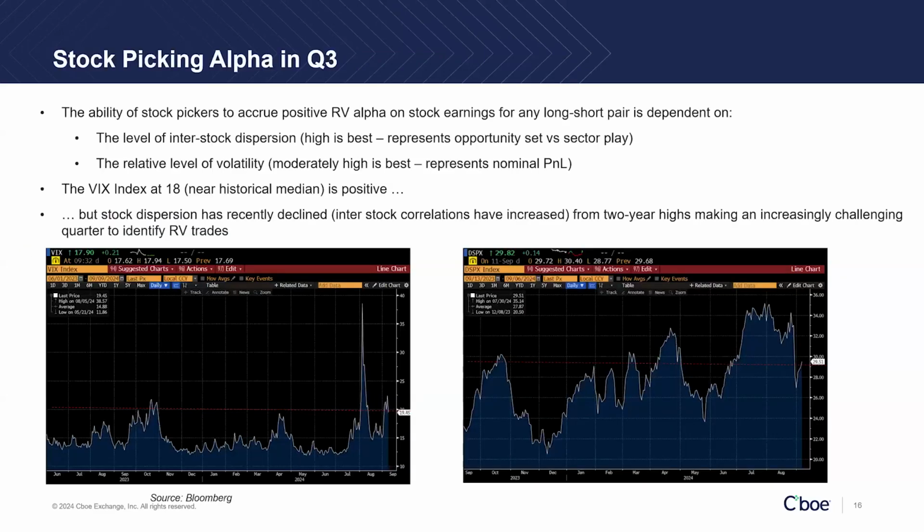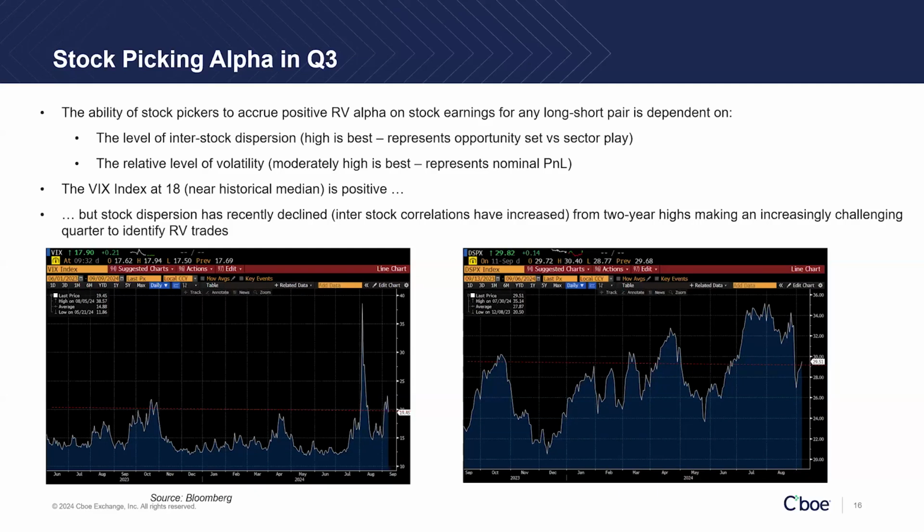So aside from some macro fundamentals, traders have also been concerned about Q3 earnings. And in one sense, Q3 earnings is part of the reason why oftentimes you do see an increase in volatility coming into October, November of every year. And what these graphs show on the right-hand side is basically the level of dispersion amongst the S&P stocks.